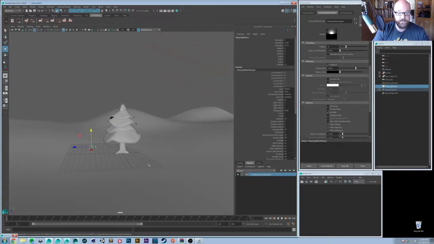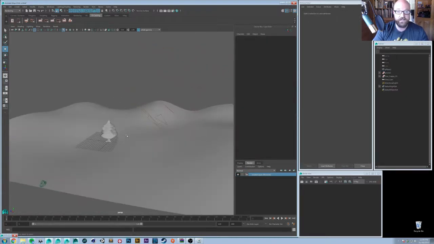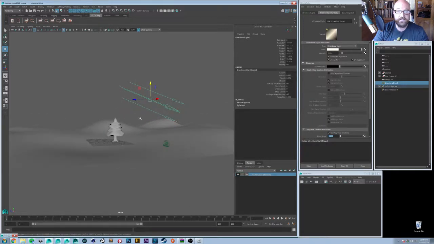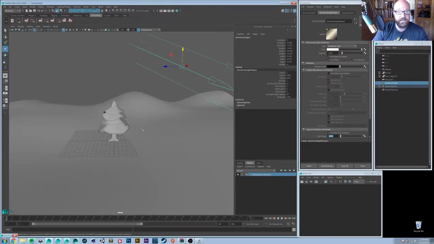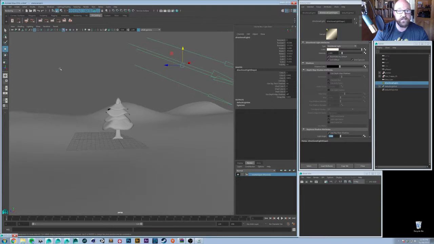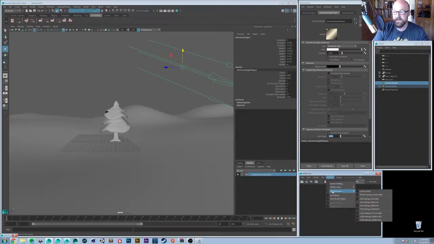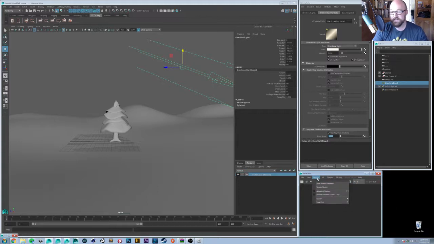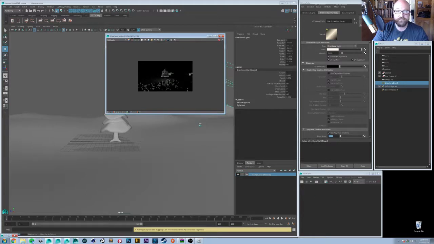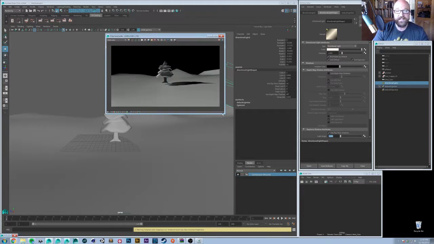We have a light here, which I'm going to delete because we don't need it yet. We've got this directional light, and last but not least, let's add in a dome light. Actually, before we add in the dome light, let's just see what we got right now. So I'm going to go down here, make sure my test resolution is set to 25%, which it is. Go to render, and let's render our shot cam. All right. It's pretty exciting. As you can see,